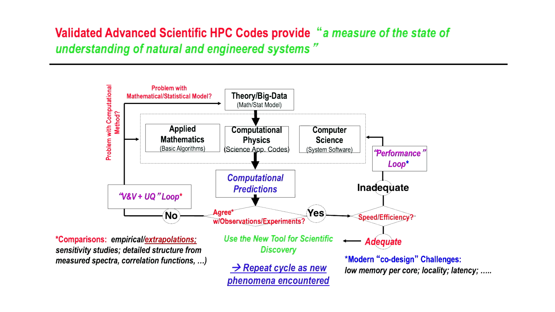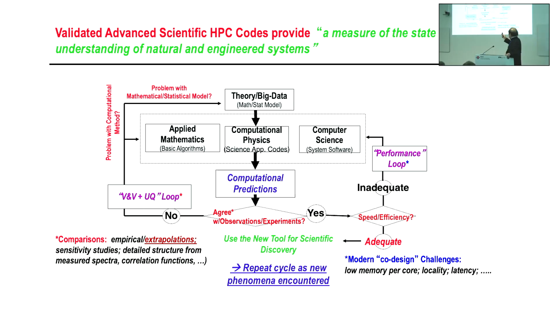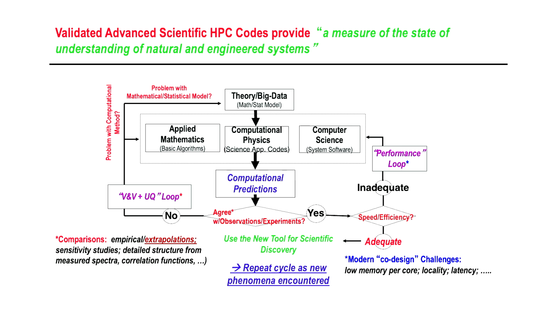So this is a little bit of a dense chart, but it's a measure for how you make progress on scientific discovery. It's an evolving sort of activity. And so the so-called Scientific Discovery through Advanced Computing program is based on validated advanced scientific HPC codes that come out. And this graphic here shows how the different elements that are involved, applied math, computer science, together with various computational physics application domains, how this is all integrated, and of course big data is a key part of all of this right now.